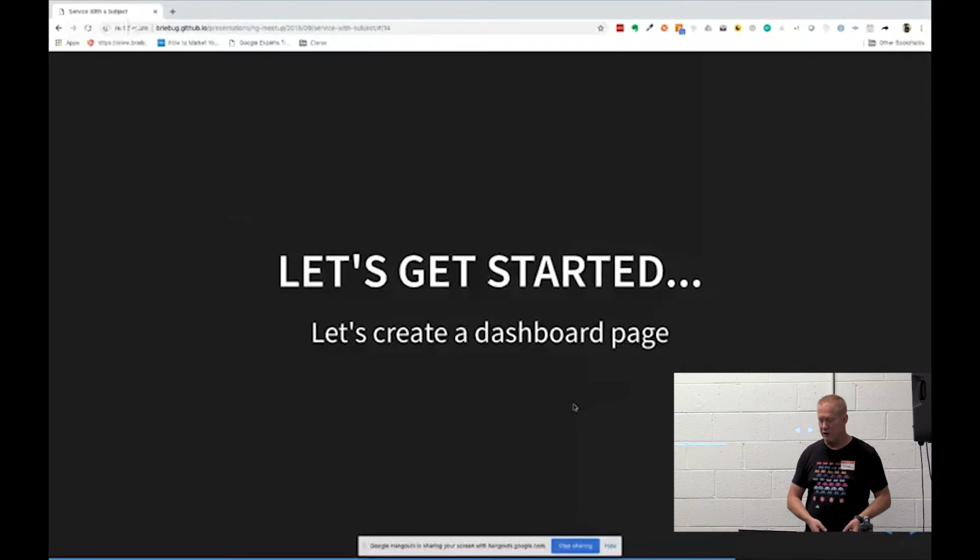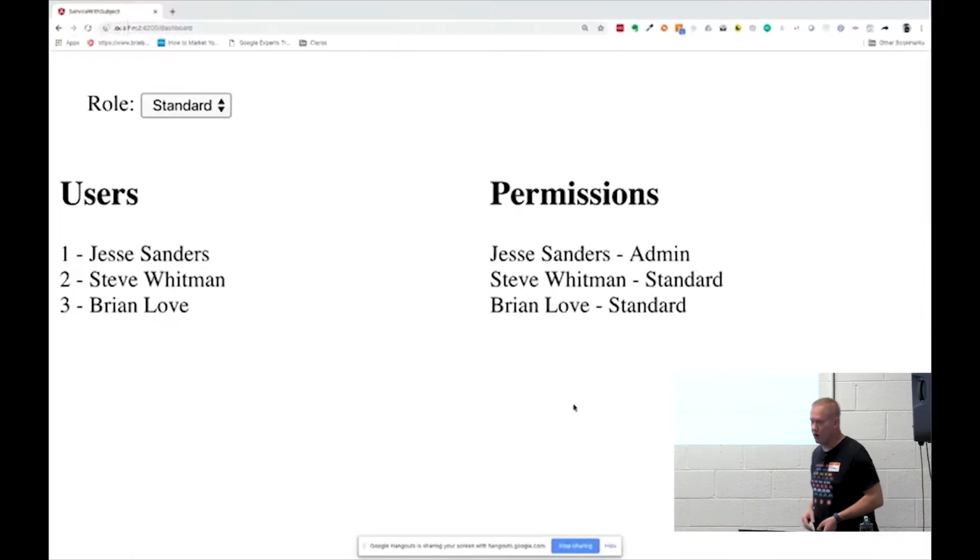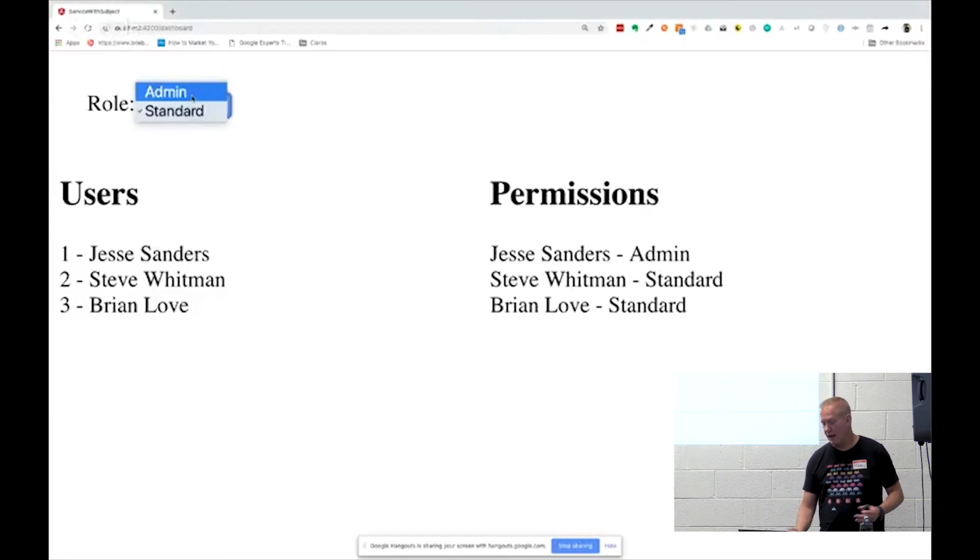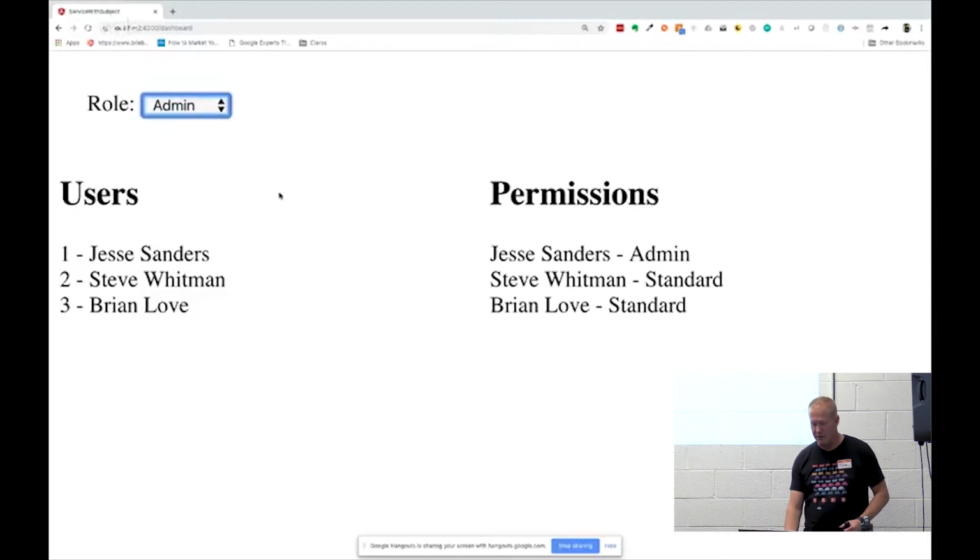Let's take a look at our dashboard page and dig into this. Before we look at code, I'm just going to show you really quick what it does, and then you guys can just ooh and ah about how awesome this is. It's designed to be super simple so you get the concept, and we don't have a lot of other confusing things going on. So I can select either an admin or a standard user. So when I go to admin,